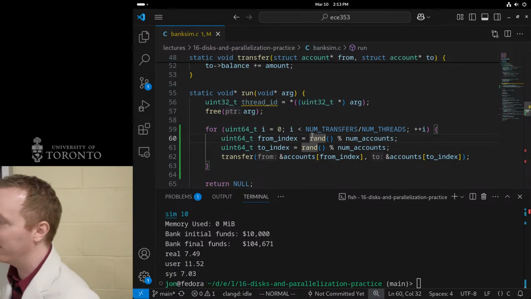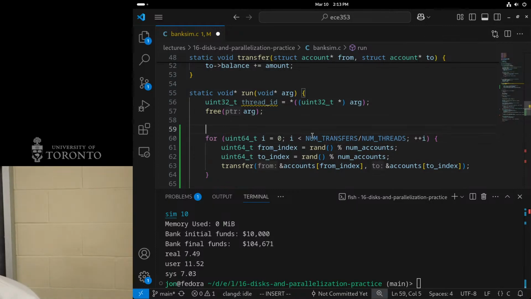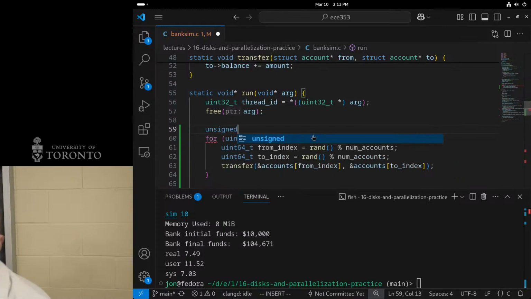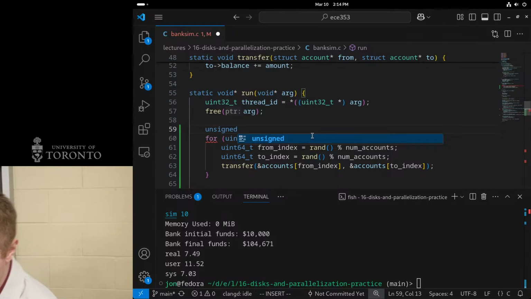So all my threads are calling rand, and in this case, rand seems to take most of the time. They're all blocked waiting for rand to be thread safe, so they're all just wasting their time waiting for rand. If I read the documentation, which is outside the scope of this course, more of a performance thing, they're all using some global state in rand, which is really, really slow.